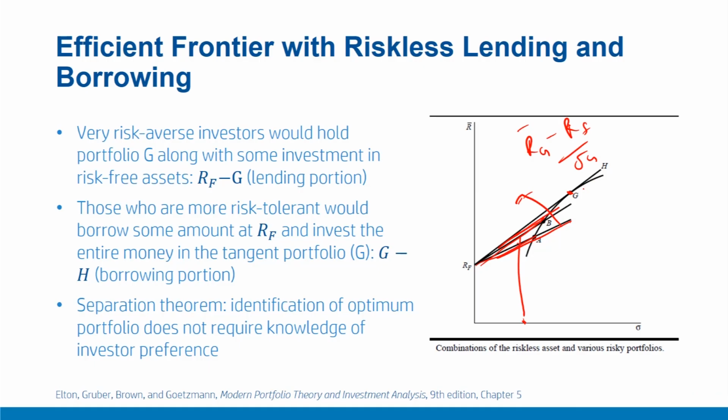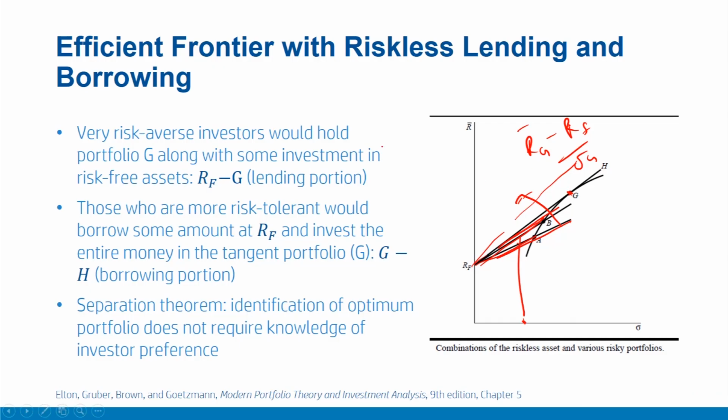This slope or ratio would be highest at the tangency point, touching the efficient frontier. If the line is further rotated, then there are no portfolios in the feasibility region or on the efficient frontier. Therefore, this line RF to G would offer the highest return for any given level of risk as compared to any combination of the risk-free asset and investment at any point of this efficient frontier. Therefore, theoretically, all the investors, whether less risk preferring or more risk preferring, should all hold this portfolio G.